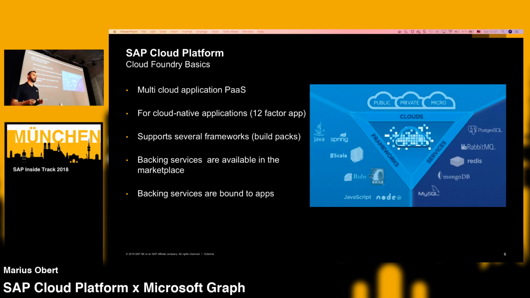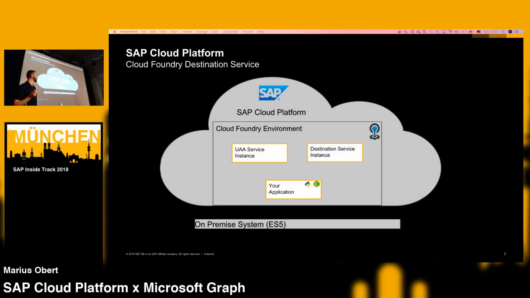And one of the services SAP already offers you out of the box is the destination service. And the destination service basically helps your application to manage destinations, which could be a web resource, an OData service, and SAP gateway system, as in this case here. And so the way it works, you have to create a UAA service that you can see here and the destination service, and then you bind those two services to your application. This application can be written in Python, Node.js, Java, whatever you want. And it always works the same, how you access your destinations, no matter which language it's